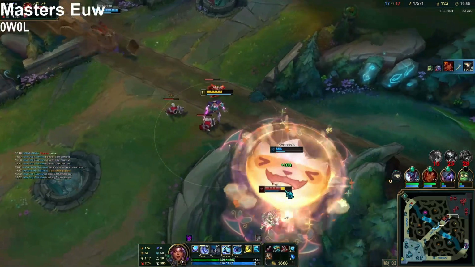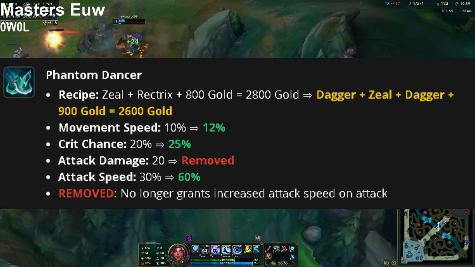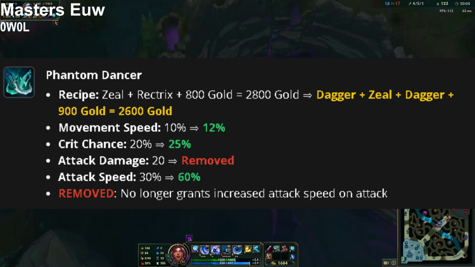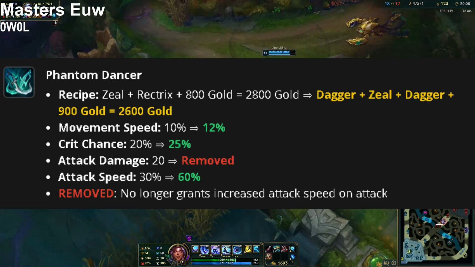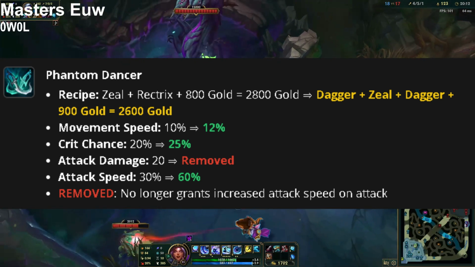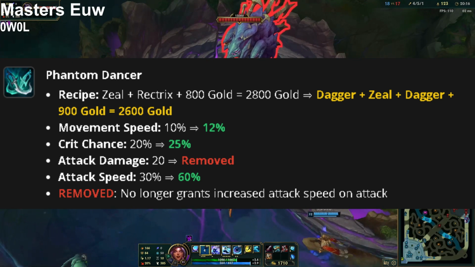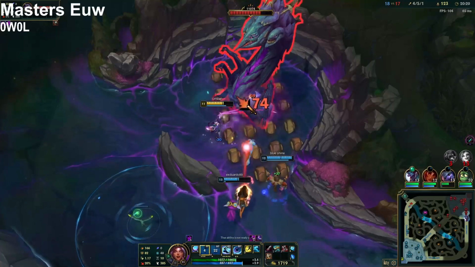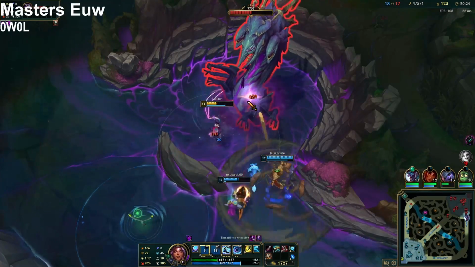Okay. Sure. Phantom Dancer. Alright, PD is decreased from 2.8k to 2.6k. Movement speed increased to 12%. Crit chance increased to 25. Attack damage removed. Attack speed increased to 60%. Whoa, no longer grants increased attack speed on attack. That's gonna be an amazing item for so many AD carries, and probably including us. I know it does not have any AD anymore, but 12%...